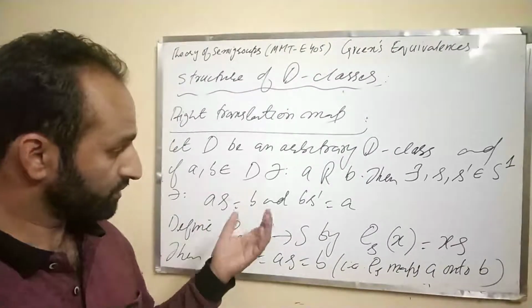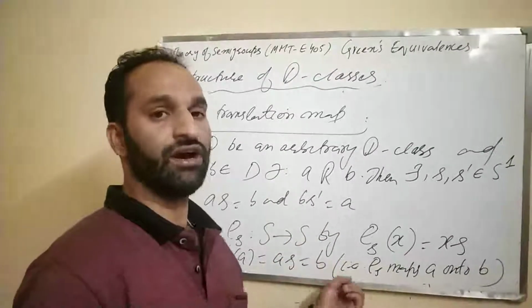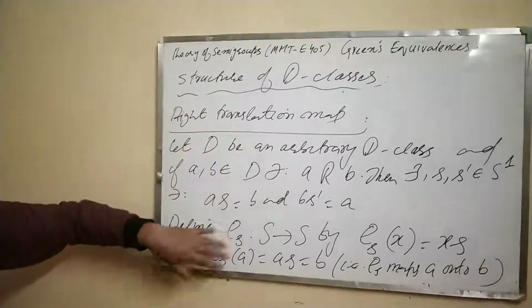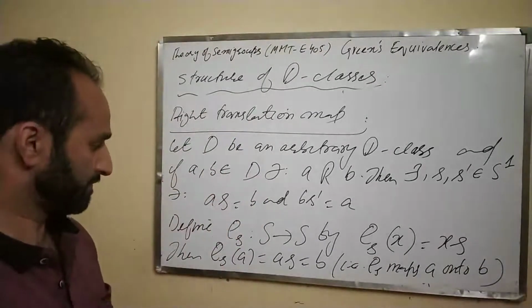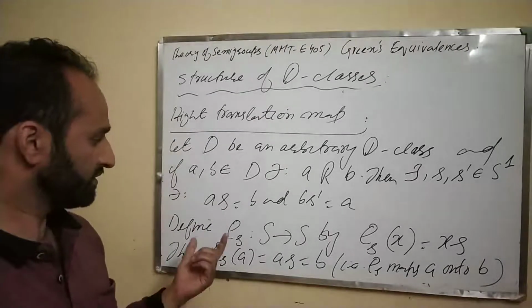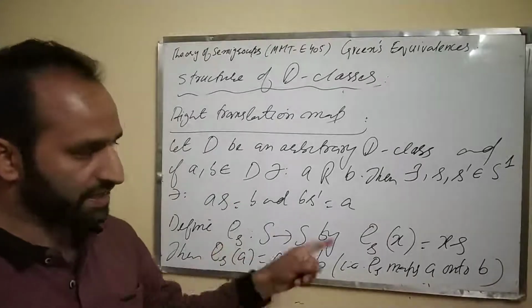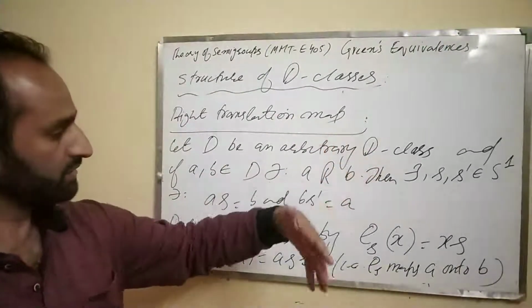And we'll also see that that actually maps LB onto LA. Now, first we will check the properties of this map, and the properties of that map follow similarly. So let's first check that this right translation maps LA, the L class of A,